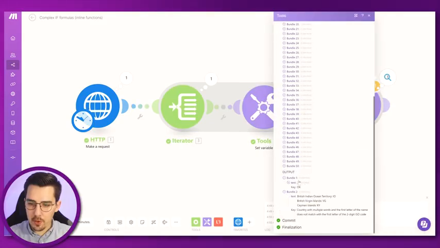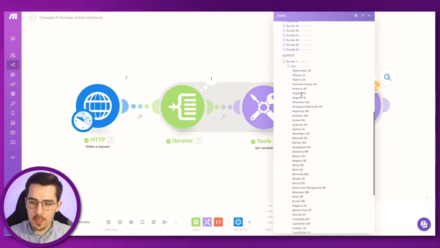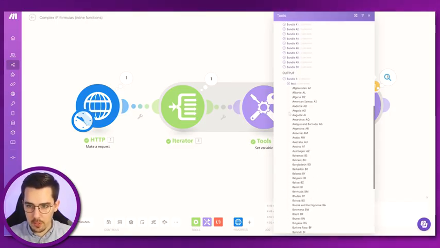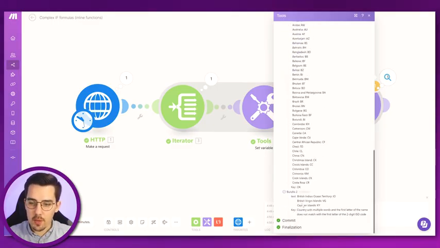Our output looks the following now. We have all of these statuses which are okay, or these country names which are okay because the first letter of the country name and the first letter of the 2-digit ISO code matches for multiple words. So for example, Algeria is still in here because it's just a one word. But these are here the list that got extracted, the British Indian Ocean Territory, because it starts with IO and